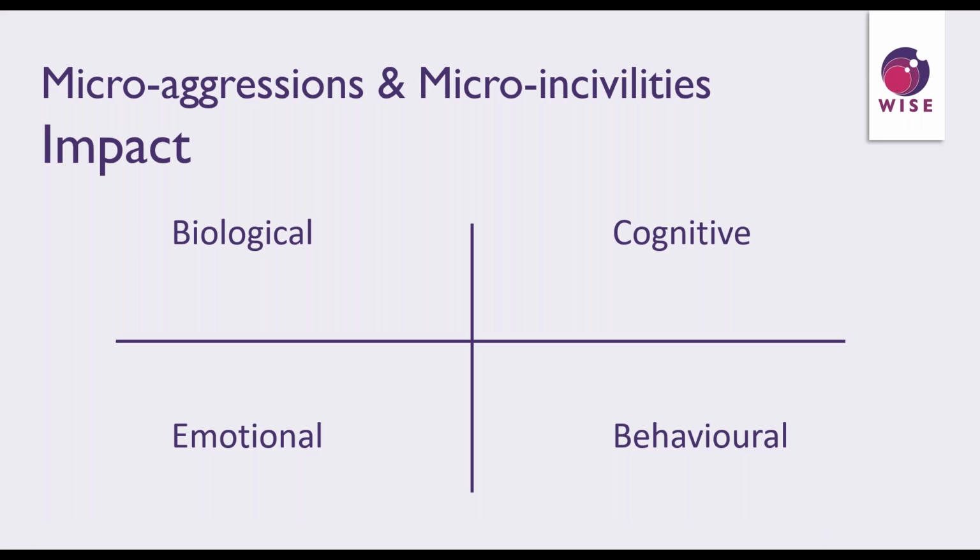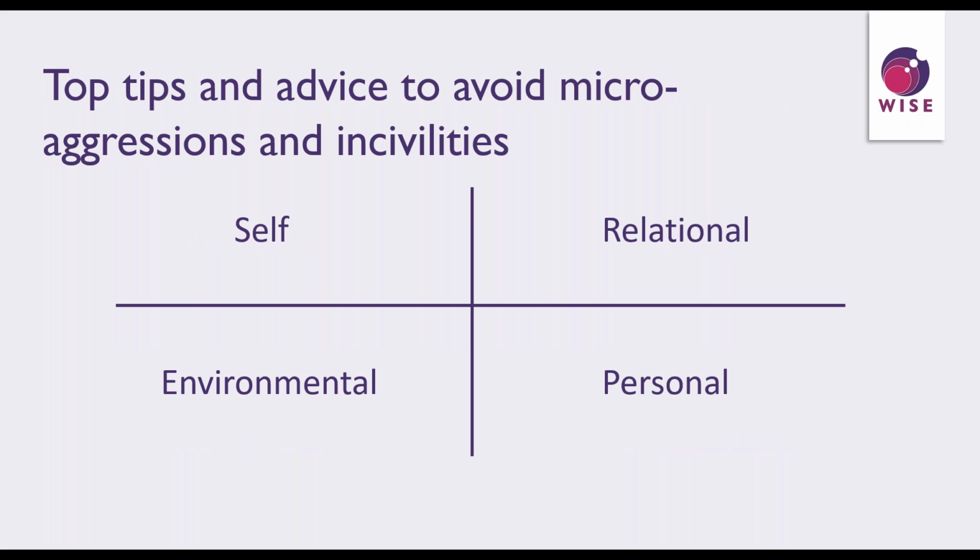Microaggressions have a huge impact on the people experiencing them, and this includes a biological impact: changes in blood pressure and the immune system. Cognitive impact: the impact on attention, focus, ability to problem solve. Imagine the amount of attention being taken away thinking about the microaggression. Emotionally, the person is left feeling anxious, helpless, and unsettled. And behavioural impact: the person is forced to change their behaviour to adapt, and this may not always be helpful.